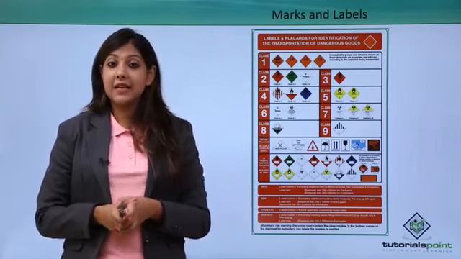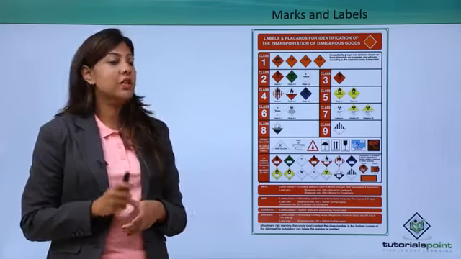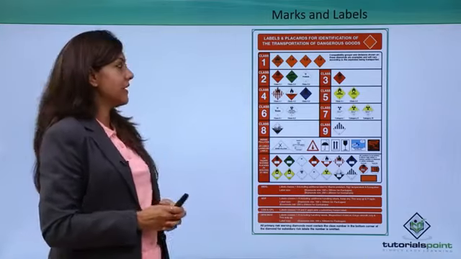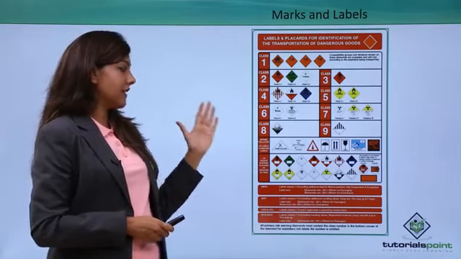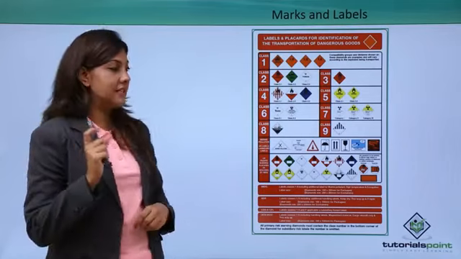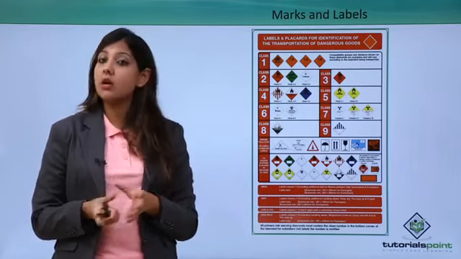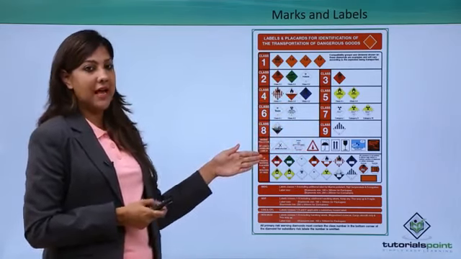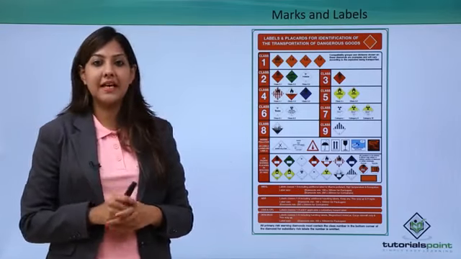Talking about marks and labels, as mentioned a little while before, every airline which is carrying dangerous goods needs to have markings on those packets or the packaging. So if it is an explosive, a flammable gas, toxic, or any kind of radioactive substance, it has to have the correct label, which is generally marked in red, because red is a sign of danger or a warning signal. So these are certain labels and markings for you, and this has to be strictly adhered to by the airline operator.